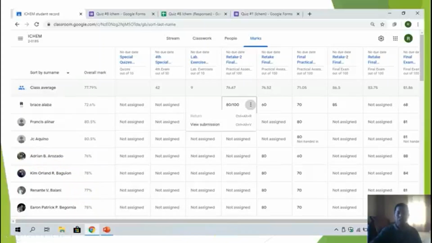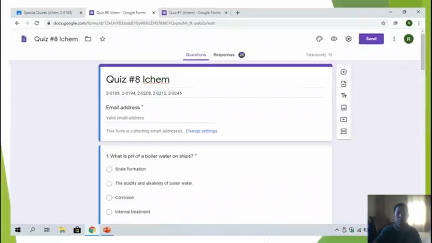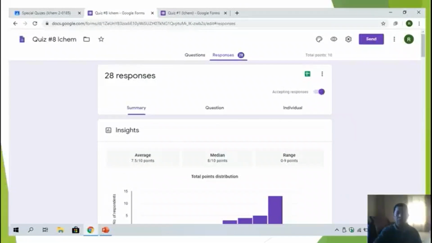So now there is an important reminder, in order not to lose your work. I will scroll to this window. Once the student has already submitted to you and you already have the responses, do not touch this button here.